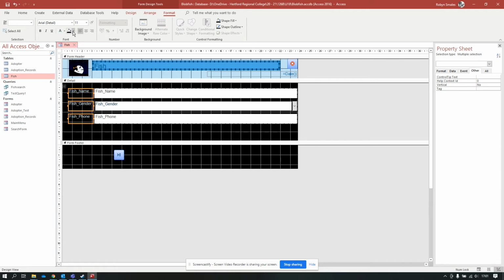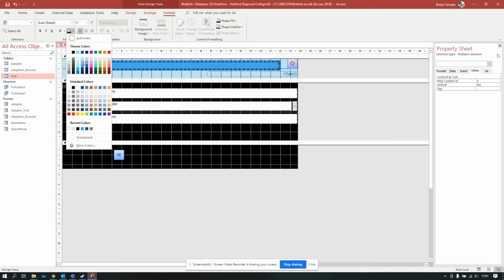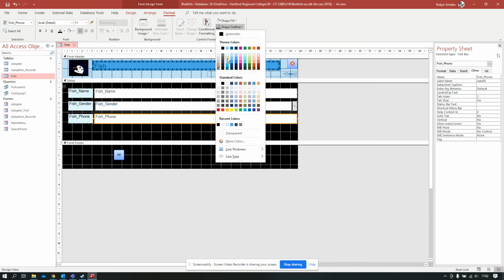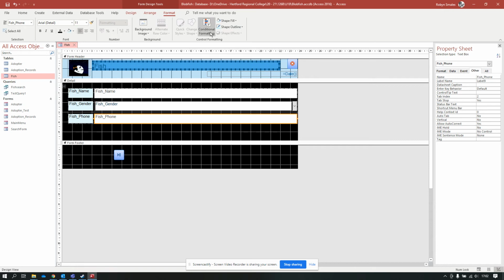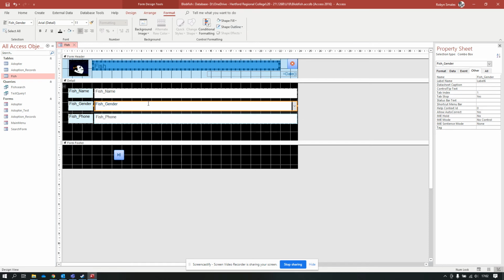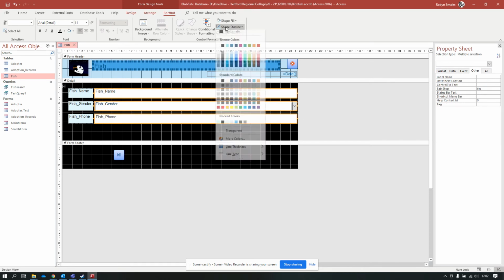Or I could leave it black. I could turn the font black, and I could do fill color with black text on the top. I could change these to do the same thing. Maybe for this, I'll have a nice light blue outline with maybe that thickness. And if you want to select more, so you do the same thing to all of them,